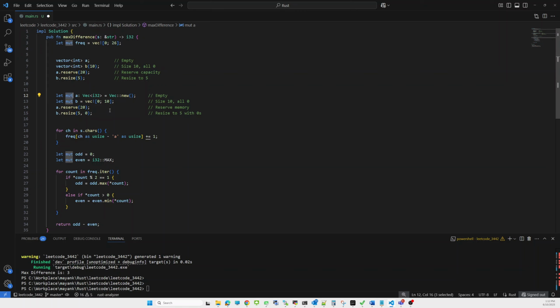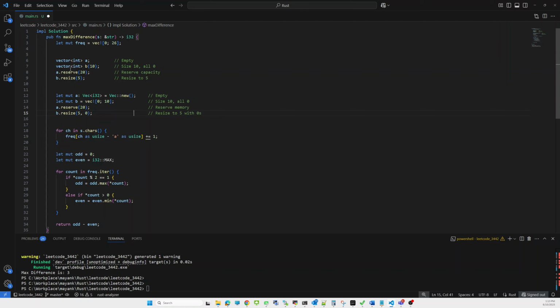In C++ we use const for constants. In Rust, by default values are immutable, and if we want to create any mutable variable then we have to use this mut keyword. Now for a we have to give its type, Vec of i32, and here we are creating a new object, Vec::new.